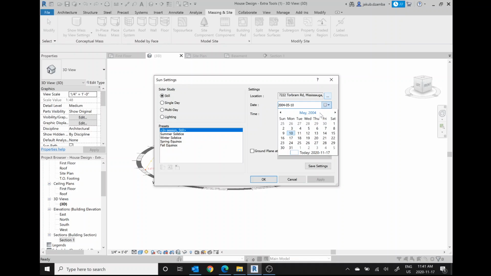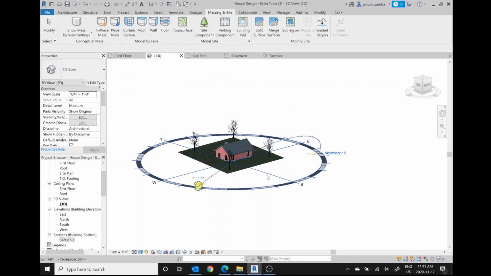Date, sure, we can change that to whatever. I'm not going to waste your time with that. Well, I guess we could do it like this: 2020 11/16. The time is 11:41 p.m. Apply. Okay. There we go. And so